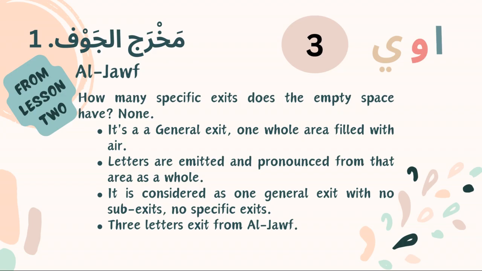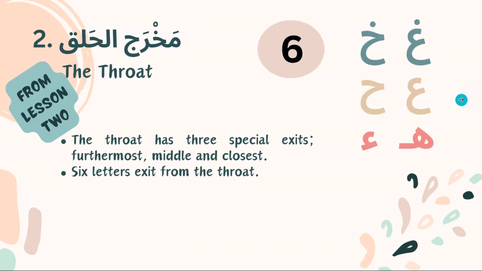We already studied Makhraj al-Jawf as an exit area where the three letters of mad tabi'i, the normal mad, exit from the alif, the waw sukoon with a dhamma letter before it, the ya sukoon with a kasra letter before it. We also studied makhraj al-halq, the throat, as an exit, where we took that there are 6 letters exiting